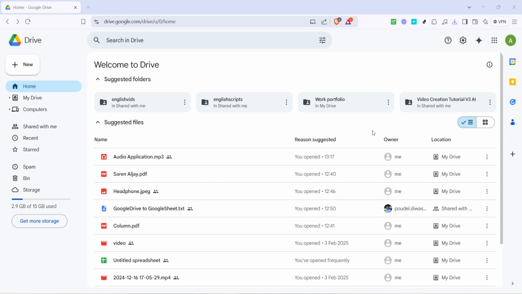First, let's make sure that you're signed into your Google account and navigate to the main Google Drive homepage. You can do this by opening your preferred web browser and entering drive.google.com in the address bar. This will bring you to the Google Drive homepage where you can view and manage all your files and folders